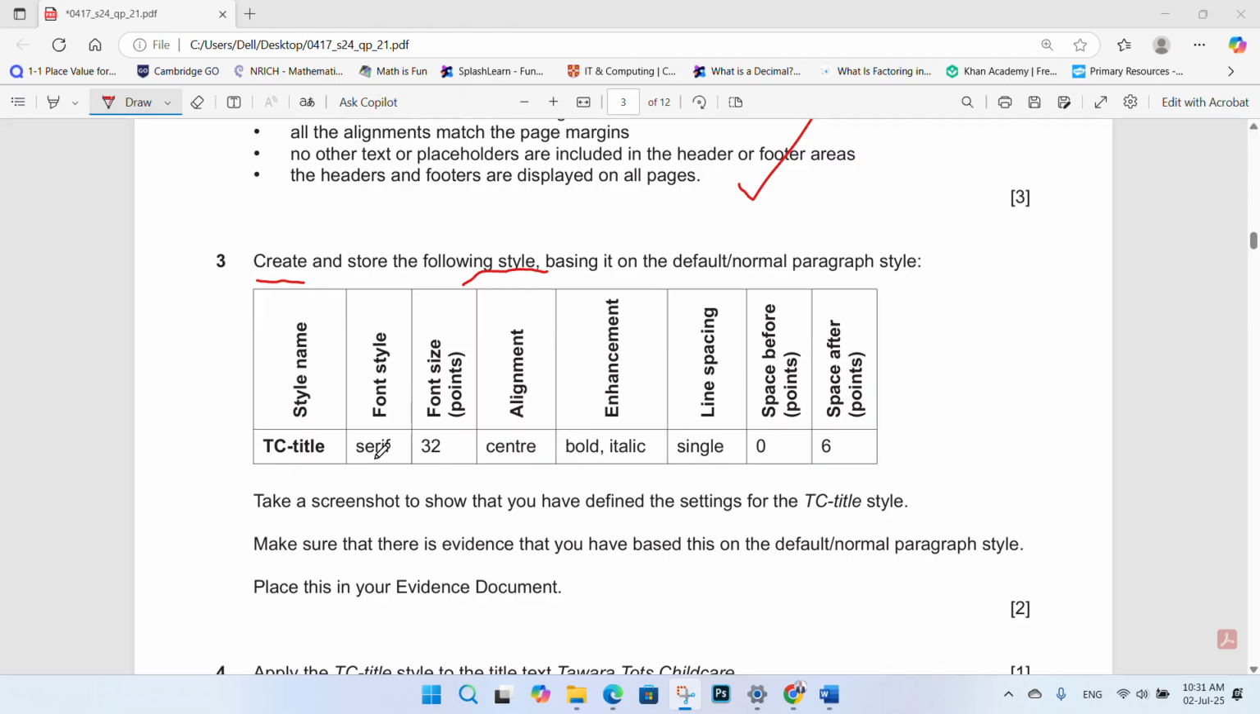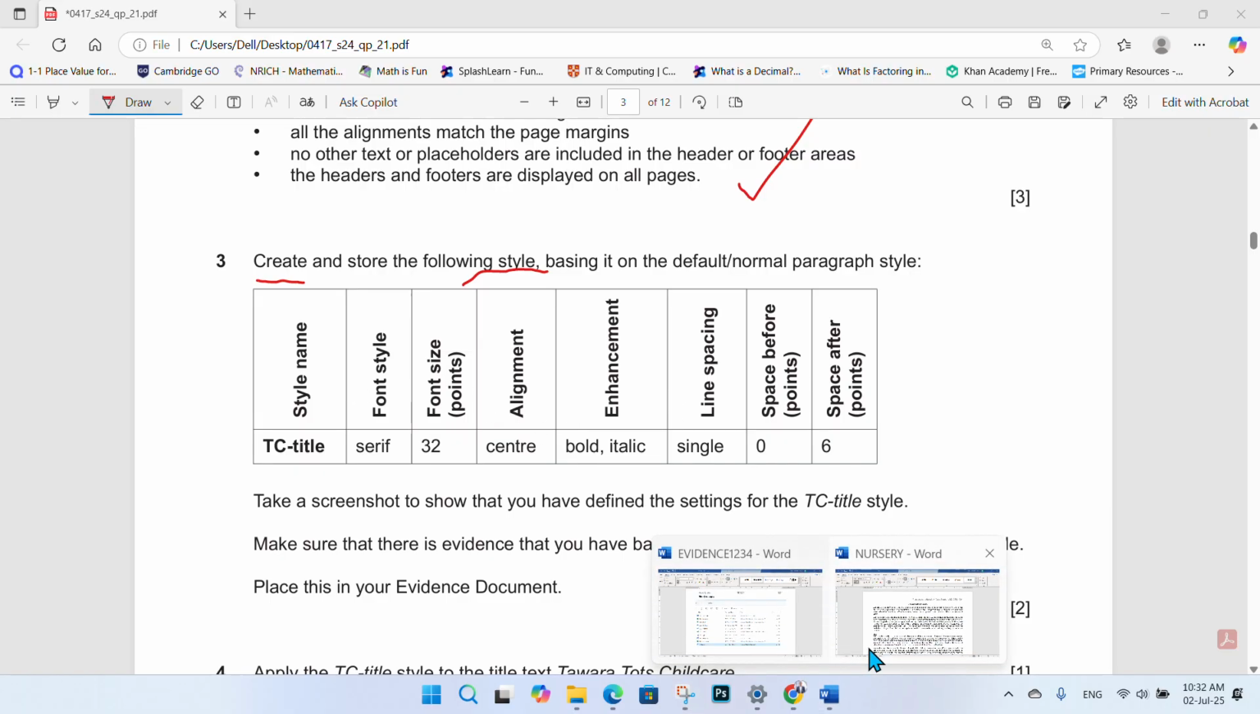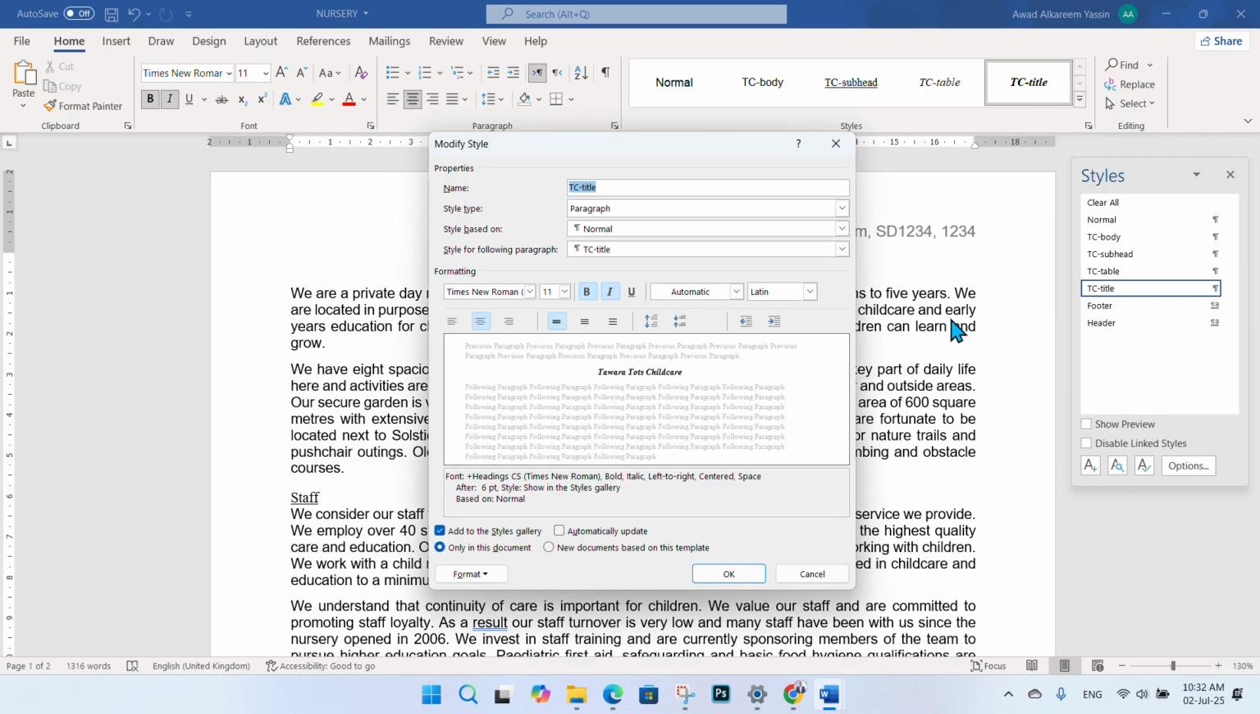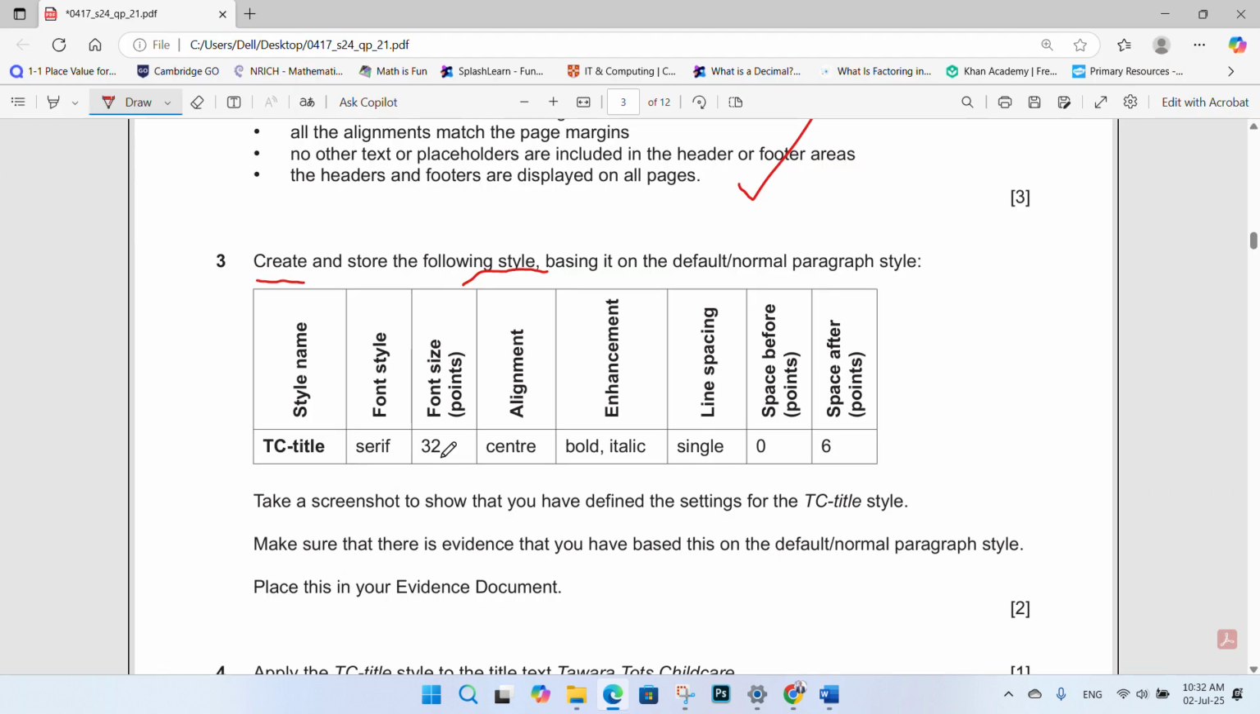So before we move on, let us check again before we take the screenshot here. Let us check again that we did all these details. So we're going to go back to the TC title and then right click, modify. The title name, TC title, says a paragraph style based on normal, and it is Times New Roman serif, and the size is not 11, the size is 32,